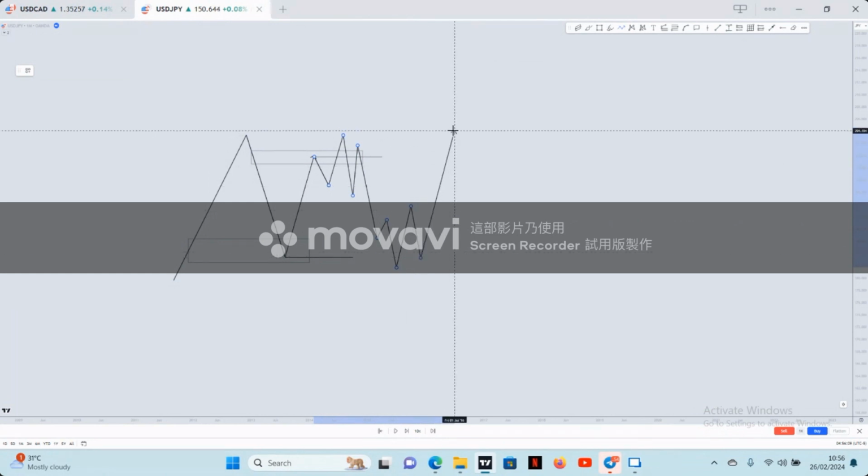Let me change the color of these ones to differentiate them. Let me make it blue. Good. And the blue color is 5 minutes. The black color is 1 hour. So once we've labeled these temporary highs and temporary lows in the market, we now drop down to the 5 minute time frame and wait for price to sweep it. Once price has swept it, we look for a market structure shift, and then we risk 0.5% of my account